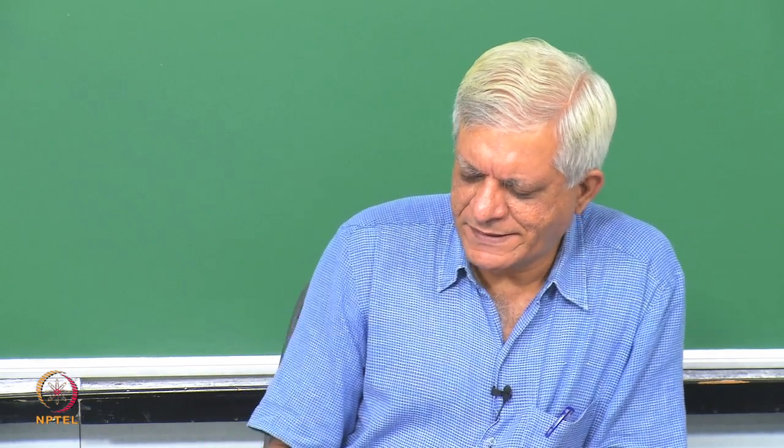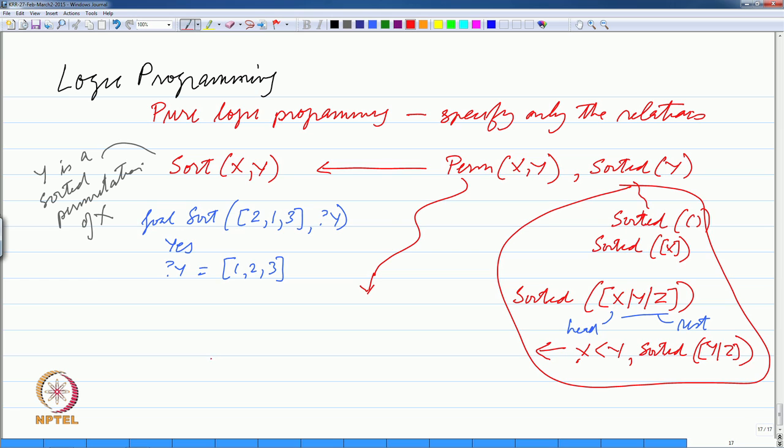So, you could define permutation by saying something like this: a list which starts with x and the rest is y is a permutation of a list which starts with u and goes to v, provided I write a predicate called remove x from this list u v z